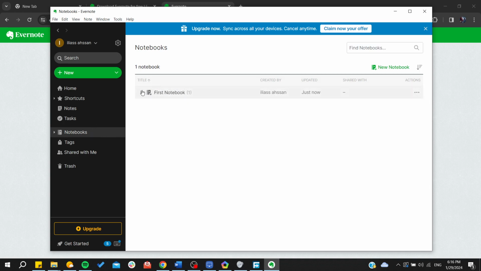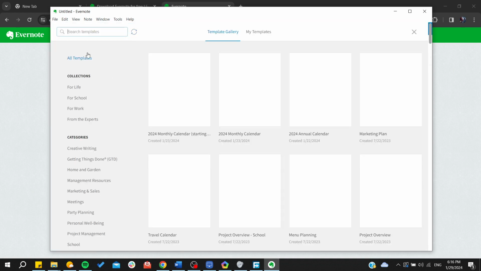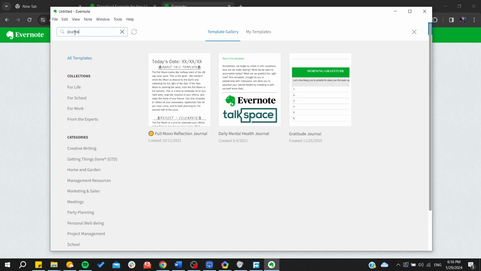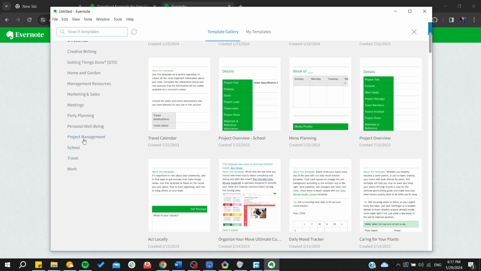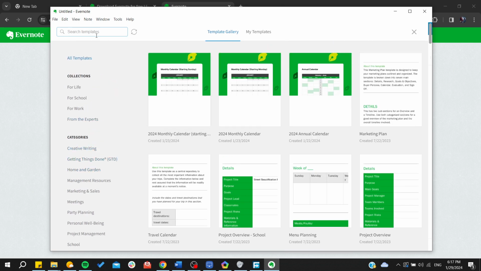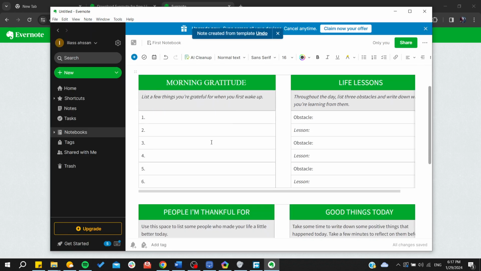So here it will take us to the first one and we can open the gallery, and from here we can find all the templates. So you can just search for journal or anything that you will like, gratitude journal. You can have multiple categories of templates. So you can have a collection for your school, for life, etc, and you can have any journal that you would like. So I'm just going for the gratitude journal, for example, and I'm going to click,